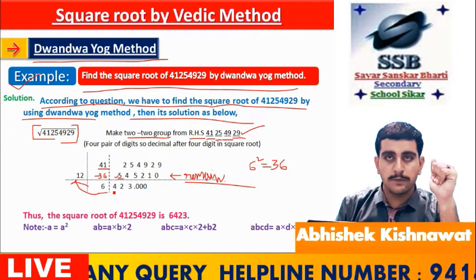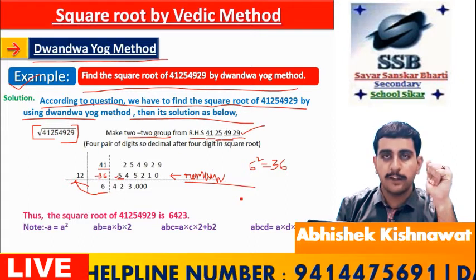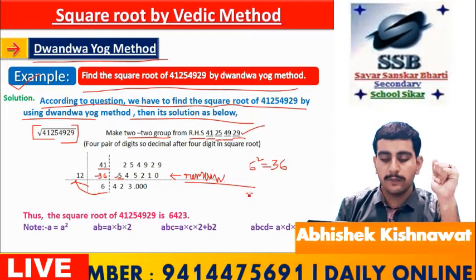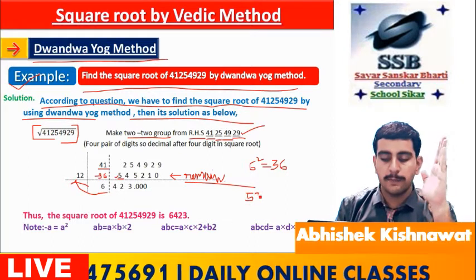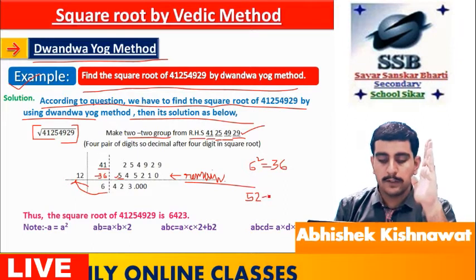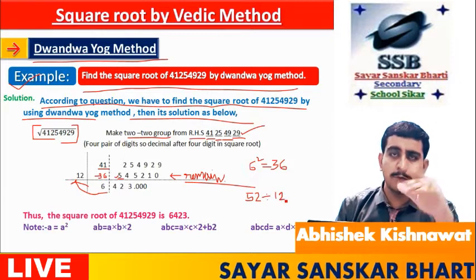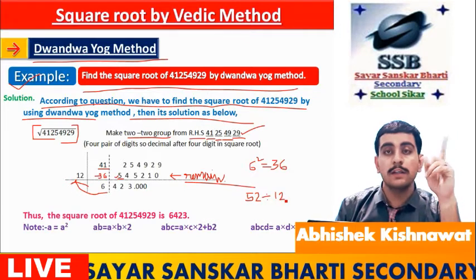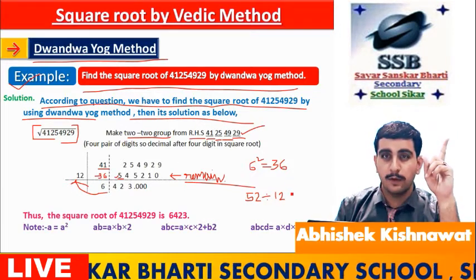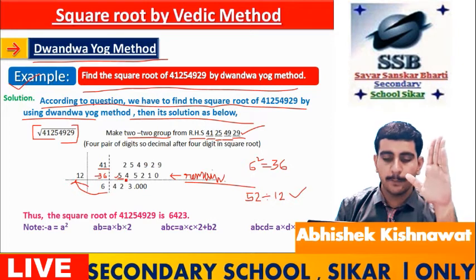If there are two numbers, we have to multiply them and again multiply by 2, and then subtract from it. If there are three numbers a, b, c, we have to multiply a into c into 2, and square the b, following the same step. This is similar to the Dvandva Yoga of the square which we did in our last session. I think you all get the point.